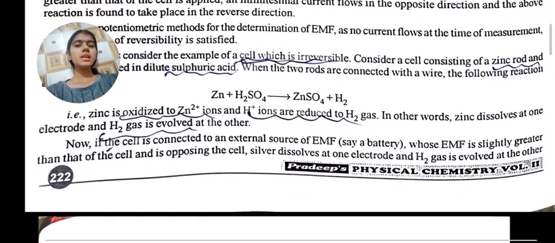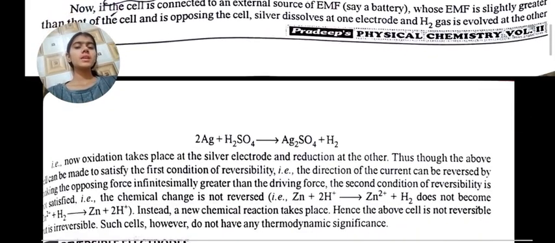Now, if the cell is connected to an external source of EMF, whose EMF is slightly greater than that of the cell and opposing the cell, silver dissolves at one electrode and H2 gas is evolved at the other. That is, now oxidation takes place at the silver electrode and reduction at the other. Thus, though the above reaction cell